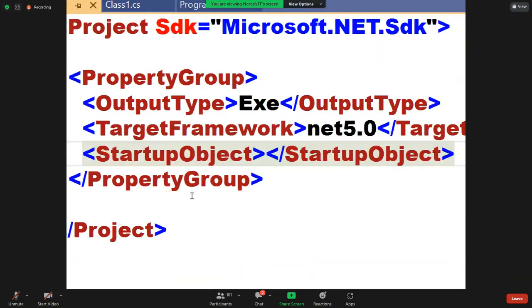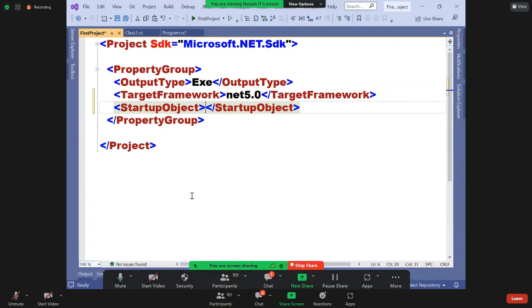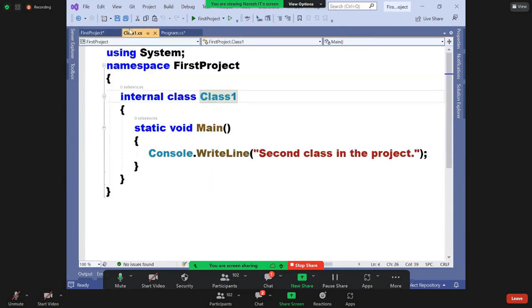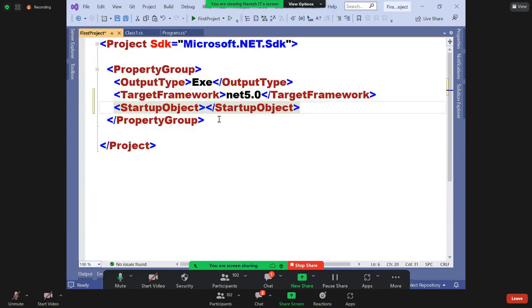And the second advantage is, when you write the starting tag, it automatically writes the ending tag for you. Okay, fine. In between, you're required to specify the name of the class you want to run. Which class do you want to run now? Program class or class 1? What is the namespace? First project. You already know that your name doesn't have a value without your surname. Same way, a class name also doesn't have a value without its namespace name. So compulsorily you should type first project dot